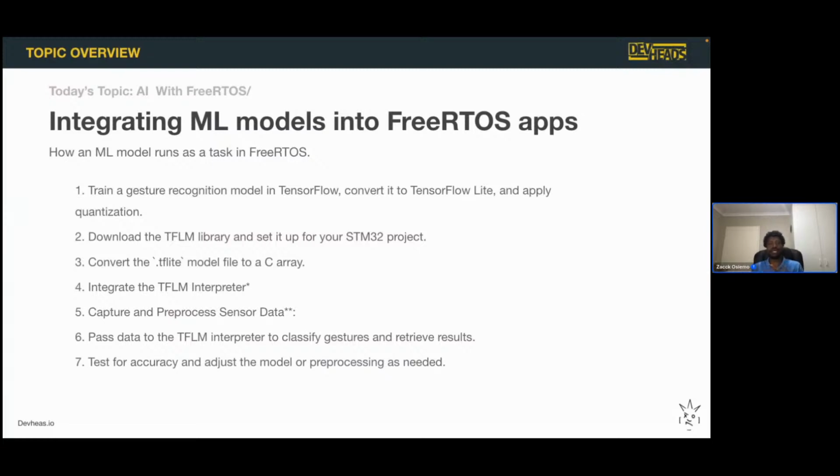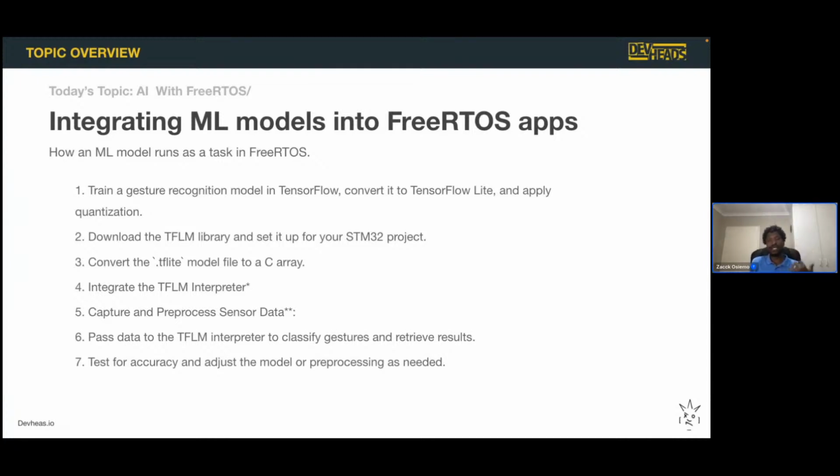And this is something that you can pull into your application as one of the artifacts that you're going to be using. And then once you've done that, remember you downloaded the library. This library contains the TensorFlow Lite interpreter. And this interpreter is what you will be passing the data through. Remember, when you collect the sensor data that is showing you